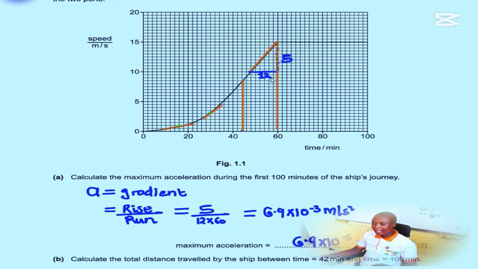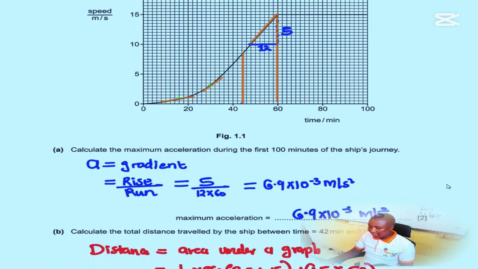So what I did, I obtained the gradient of this section, and rise is 5 and the run is 12. But you have to remember that time was given in what? In minutes. And the speed was given in what? In seconds. So whenever you're going to work out the acceleration, for the run here I have to convert the 12 minutes to seconds by multiplying by 60. And when I worked it out, I got my acceleration translating to 6.9 times 10 raised to the power -3 meters